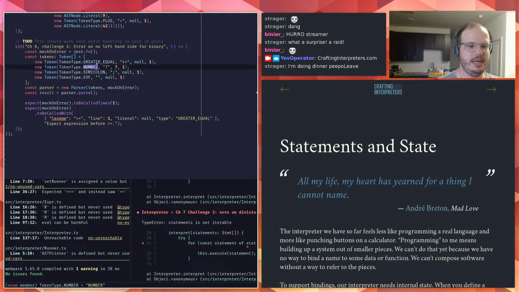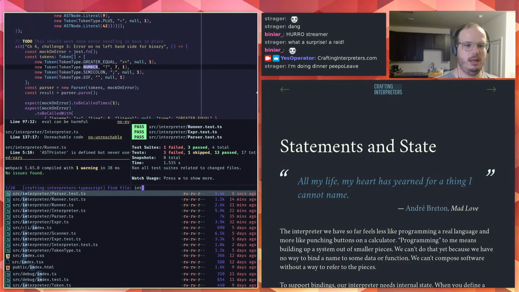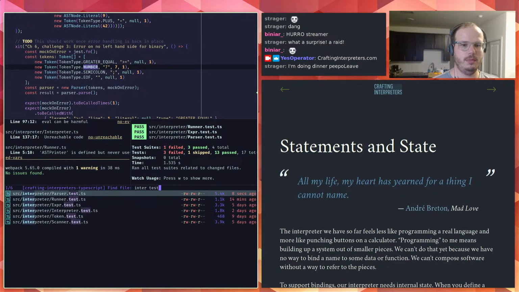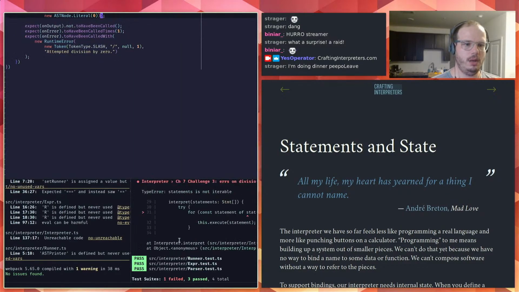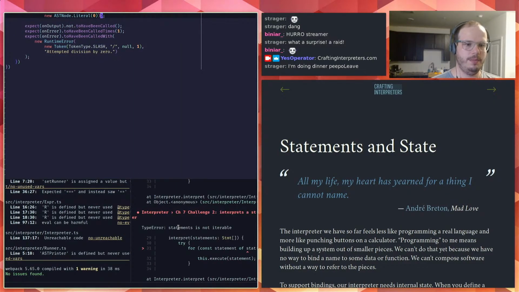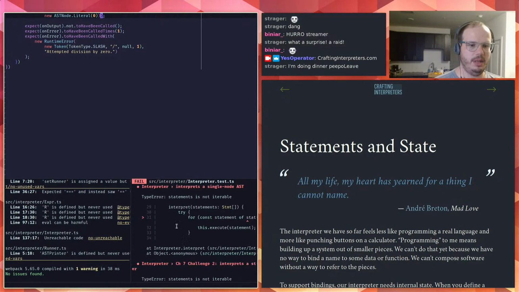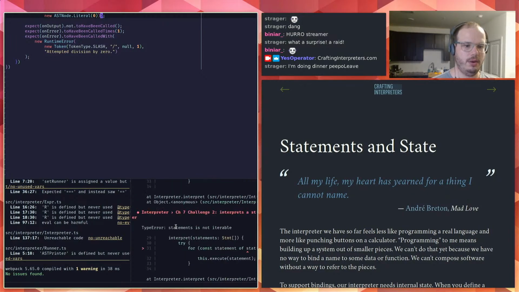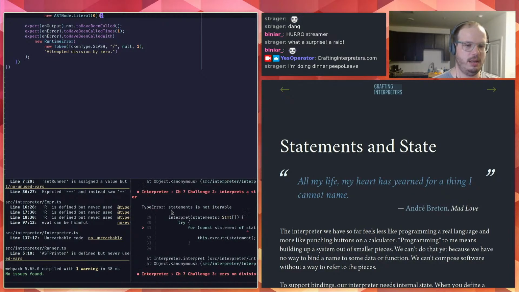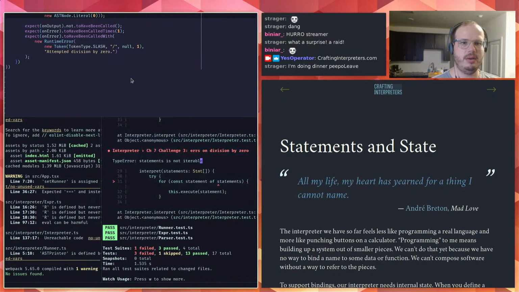Okay. What else is broken? In my interpreter tests, here we have, okay, all of the rest of my failures are in the interpreter, and they're all the same exact thing, which is statements is not iterable.